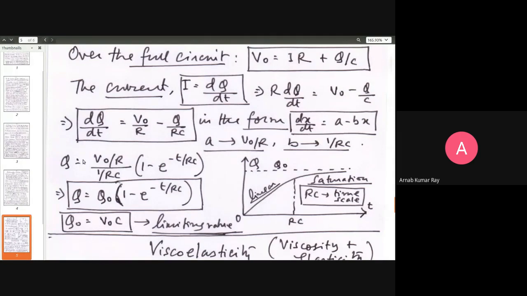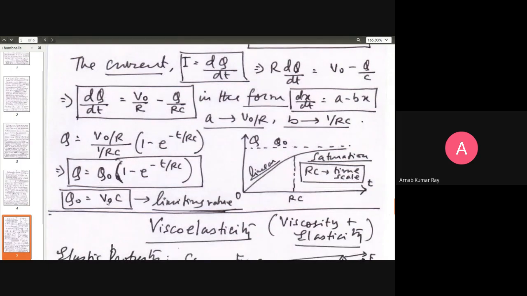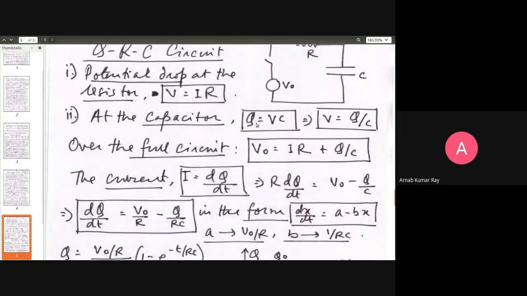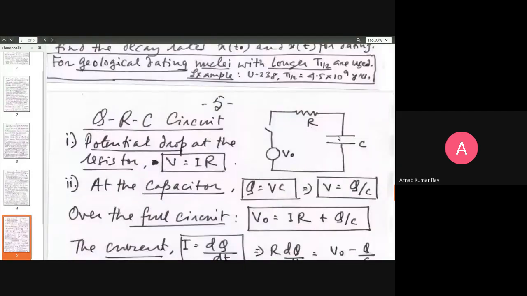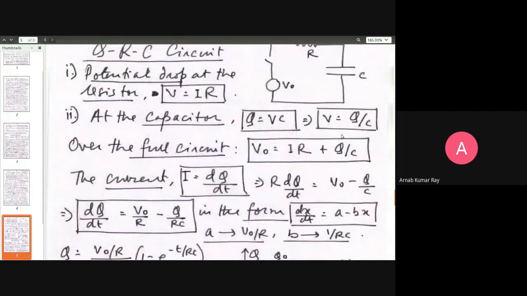So we are just doing that. Q is equal to x naught, which is equal to A by B, which is V naught by R divided by 1 by RC, times 1 minus e raised to minus bt, where B is equal to 1 by RC, so minus t by RC. This 1 by R and this 1 by R will cancel, and you'll just have V naught into C. V naught into C is dimensionally charge, except that this is the maximum possible attainable charge. So what is happening? Charge is building up in the capacitor, right? So what equation does it follow as it is building up in time?